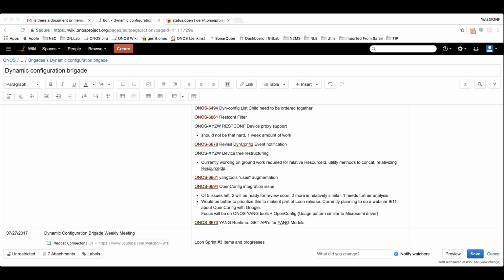My use case is that I have a remote application that wants to use dynamic config APIs. Remote meaning that it runs in a different container. For example, microservice A wants to use dynamic config, which is another microservice.